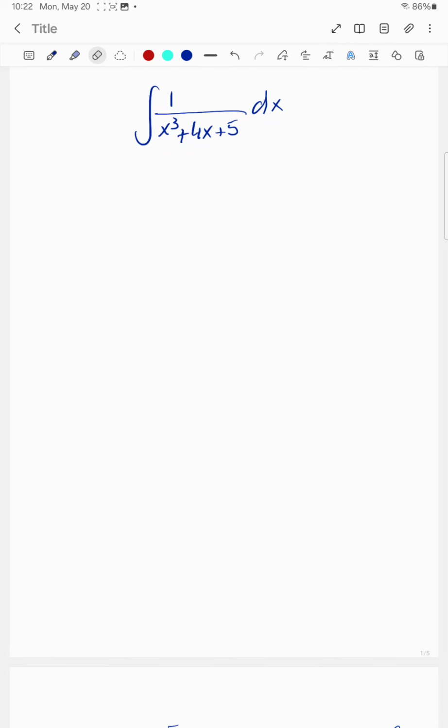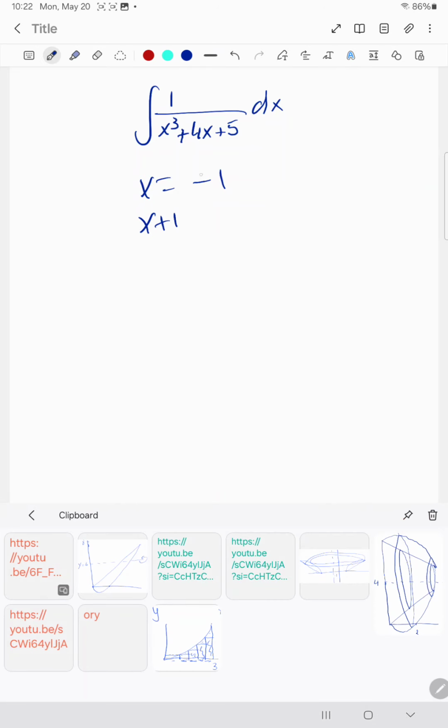But I realize the coefficient of x cubed is 1, the coefficient of x is 4, 1 plus 4 is equal to 5, and the constant is 5. So if I replace x by minus 1, I would have minus 1, minus 4, because 4 times minus 1 is minus 4. Minus 1 minus 4 is equal to minus 5, plus 5, it's equal to 0. So I know x plus 1 is a factor, because if I put the minus 1 here, it's equal to 0. So x plus 1 is a factor of